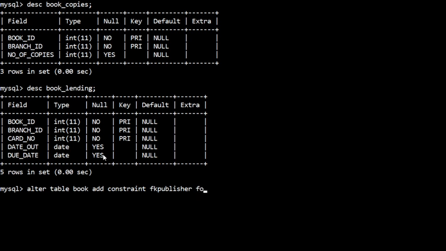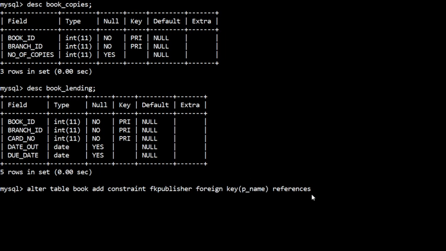Then write foreign key of, here in book table the name of the attribute is p underscore name. Okay, it references, these are the keywords you have to type properly. So foreign key p underscore name is the attribute in book table.